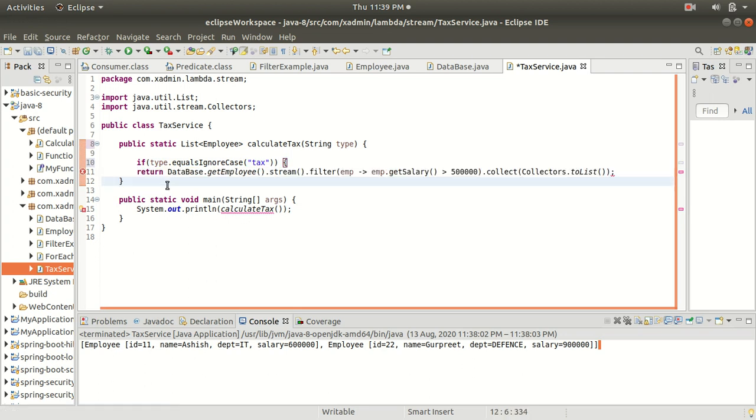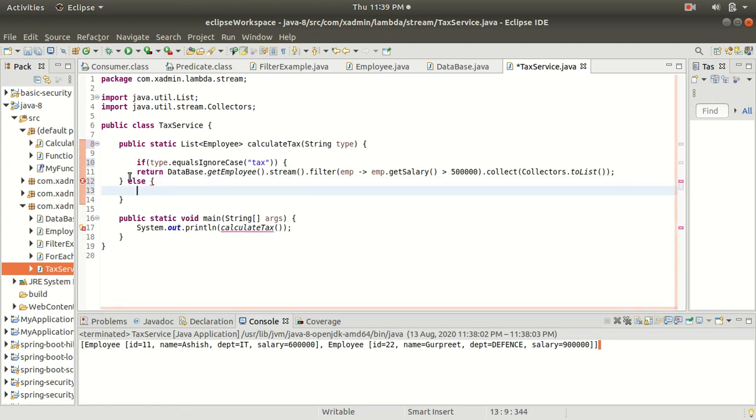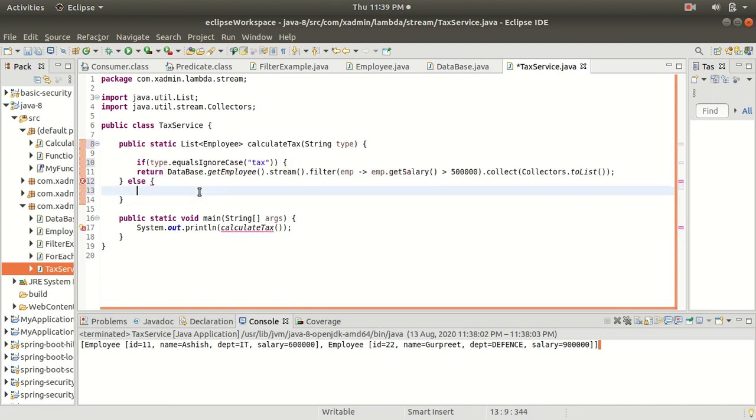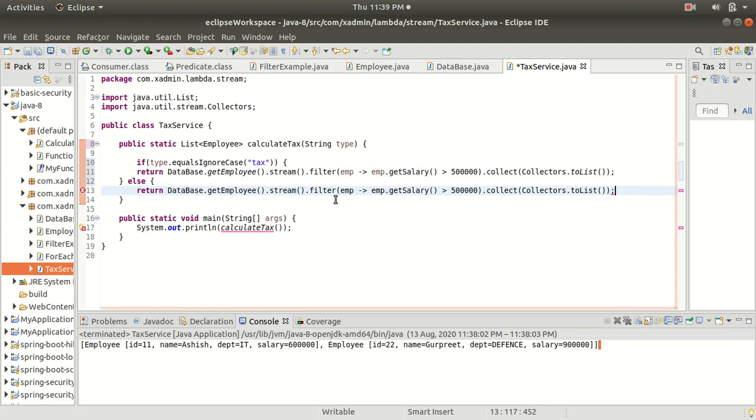All right. Or inside the else part, so let me copy this again, and here I will change the condition. Here, if the salary is less than or equal to 5 lakhs, then the employee is not eligible to pay tax.